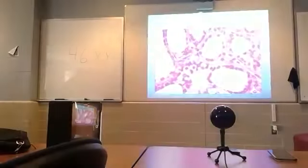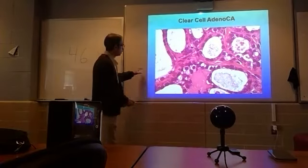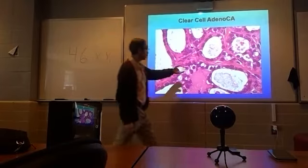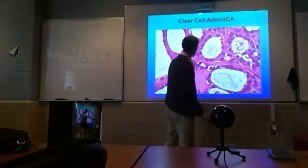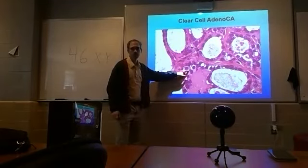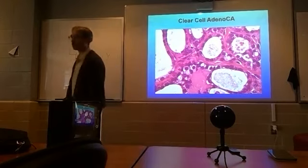Let's take a look. Here's an example of clear cell adenocarcinoma of the vagina. You can see why we call it clear cell adenocarcinoma. First of all, it is an adenocarcinoma. It forms glands as it grows. And you can see the cells don't stain very well. So it's clear cell adenocarcinoma. The risk factor here was exposure in utero to